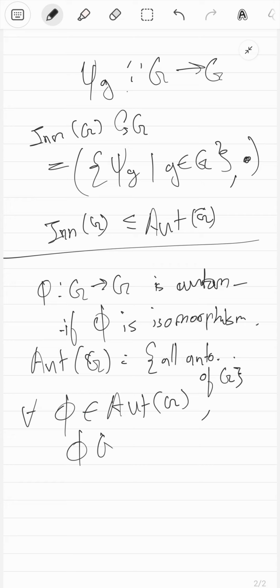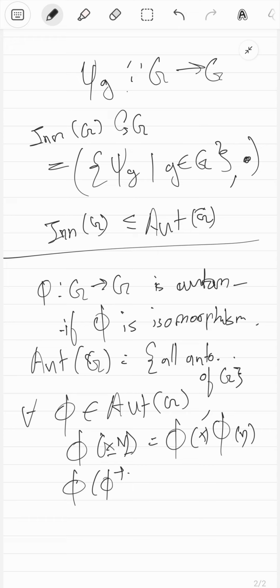So phi of x y is equal to phi of x times phi of y. But then, since phi is a bijection, phi inverse is a bijection. So you can write x and y as phi inverse of something. So just phi inverse of A, phi inverse of B,